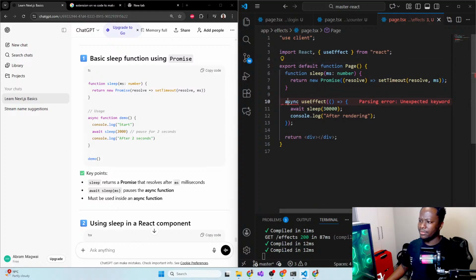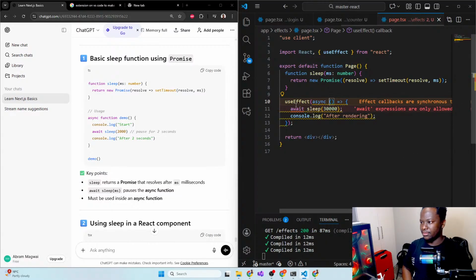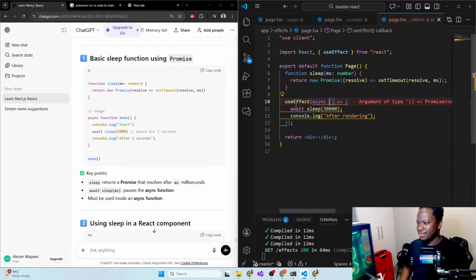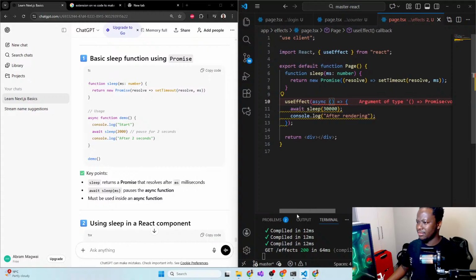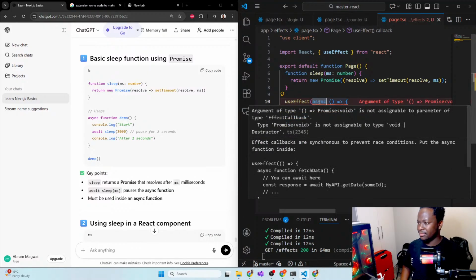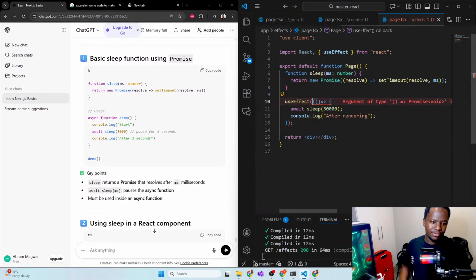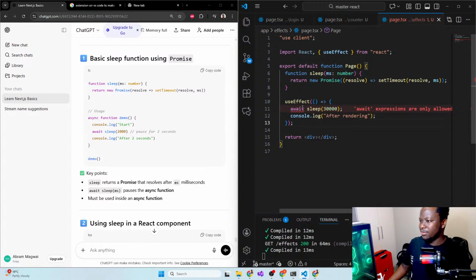Oh, I'm calling it on the wrong one. Okay. That's supposed to be in here. Async. Because, come on. From is void. So this thing cannot be async. Now this is driving me crazy. So I have to create a function to